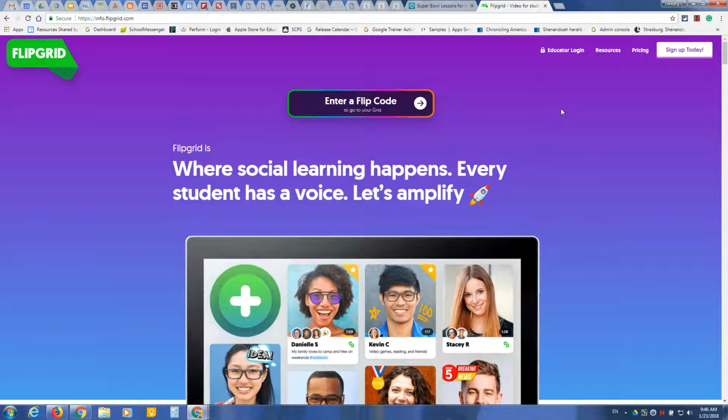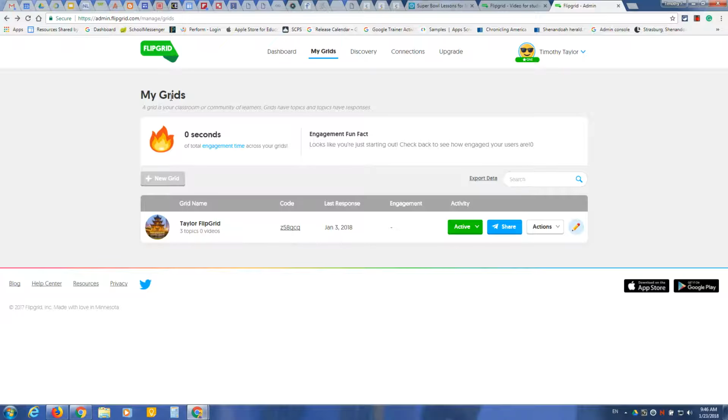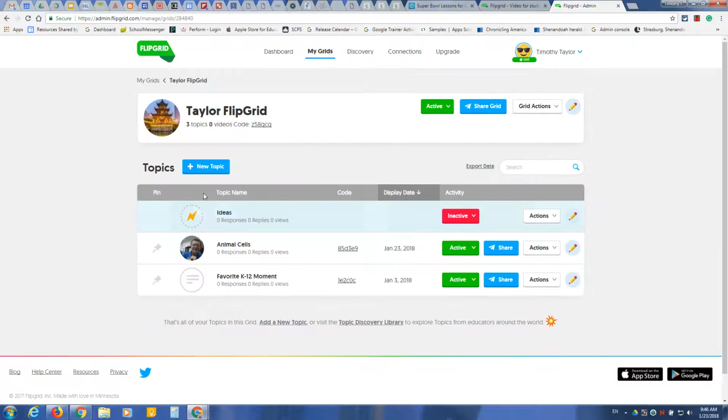Let me go bring that back up. Good old Control Shift T. So if I go back here now, again with the free one, I only have one grid. I call mine Taylor Flipgrid, so it's already been created. And if you try to do a new one, it says, hey, sorry, you've got to buy the upgrade to do it. But if I click on it, it allows me to create any topics that I want to ask my